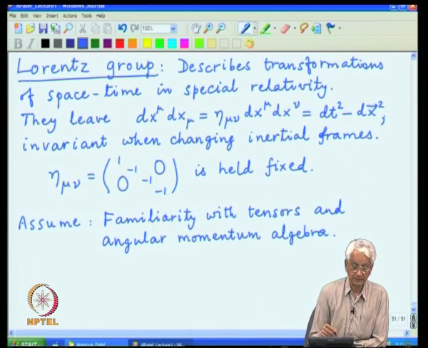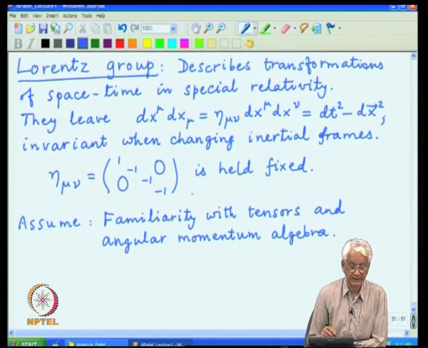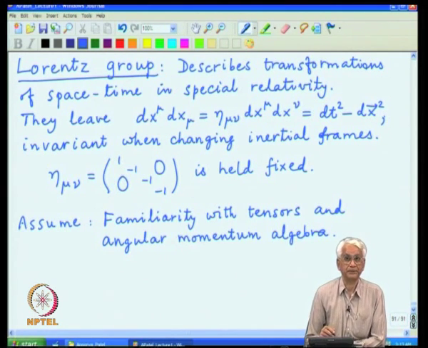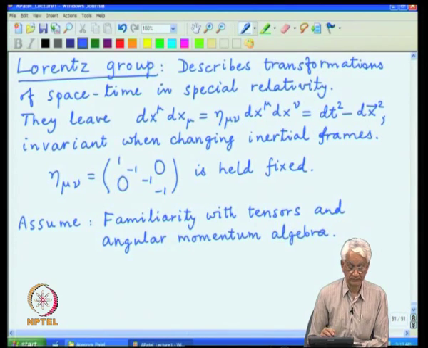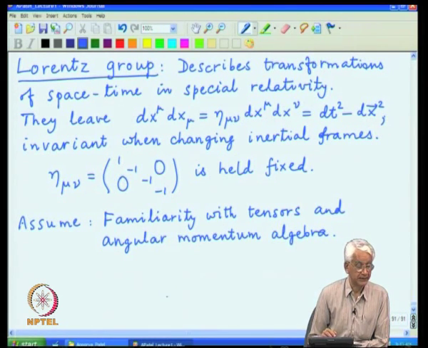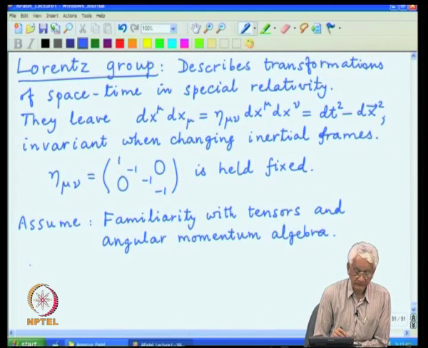And if the metric is supposed to remain invariant, then these factors of dx prime by dx have no other option but to be constants, and so we have an immediate consequence